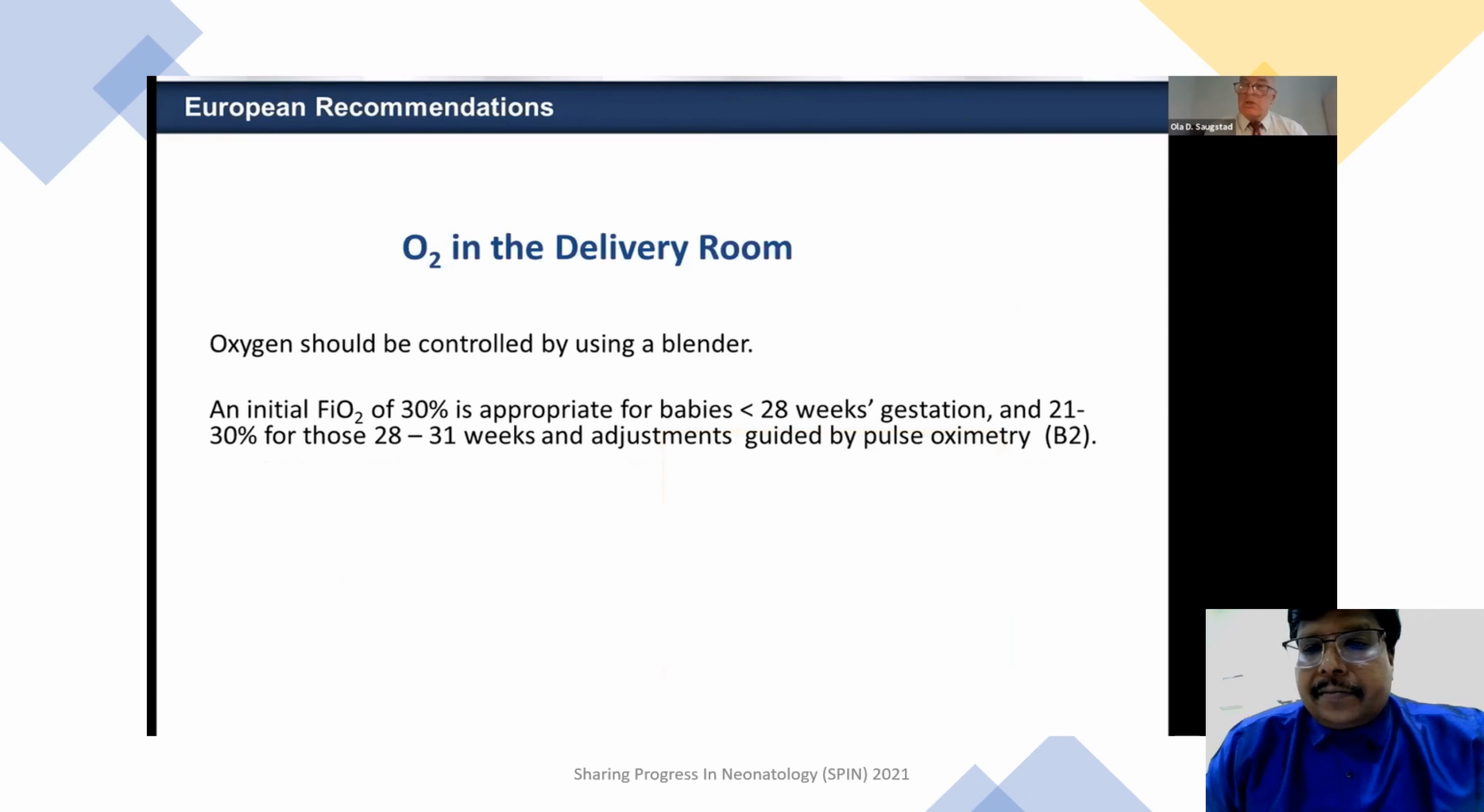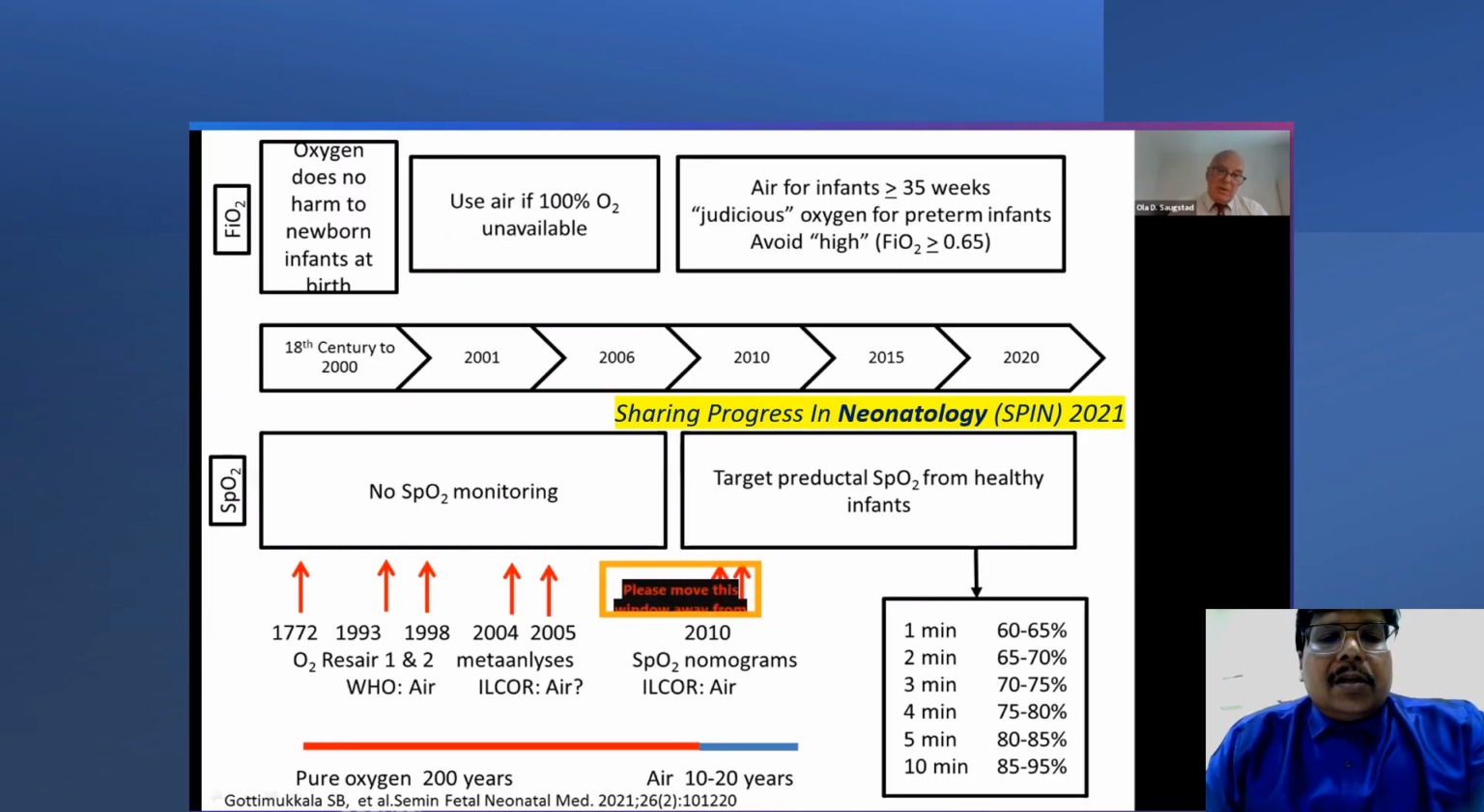We go to the next slide again. As the recommendation stands, it is just 0.21 FiO2 or 21% oxygen, that is room air, for infants more than or equal to 35 weeks, and judicious oxygen for preterm infants, that is start with 30%, simple, and always avoid exceeding the threshold of 0.65 or 65%. 30% is simple. So remember, more than or equal to 35 weeks, 0.21 or room air. Less than 35 weeks, start with 0.3. 0.3 is important for all babies less than 28 weeks,